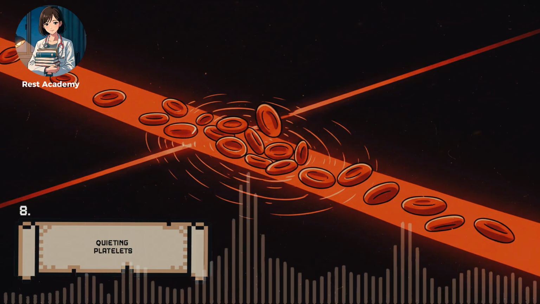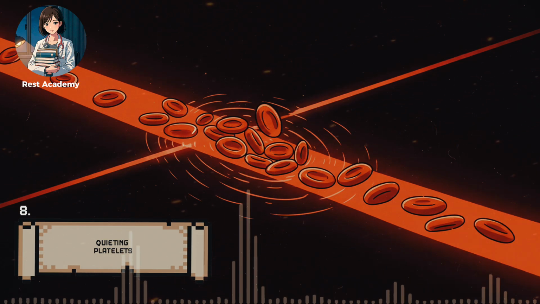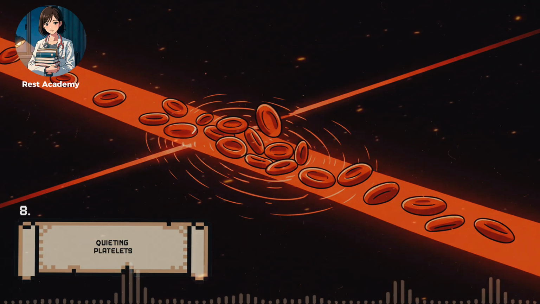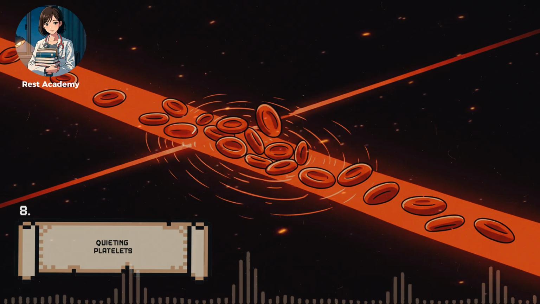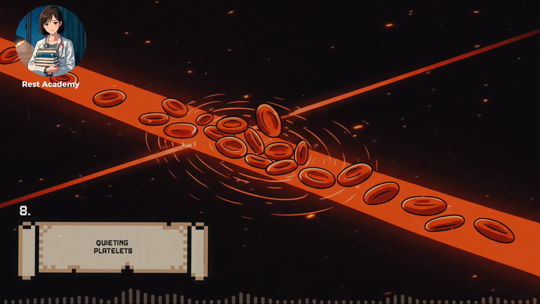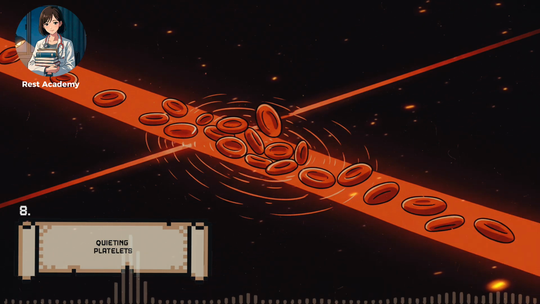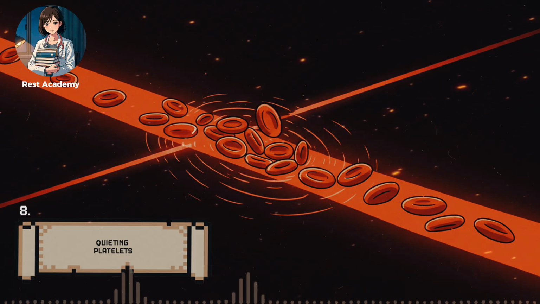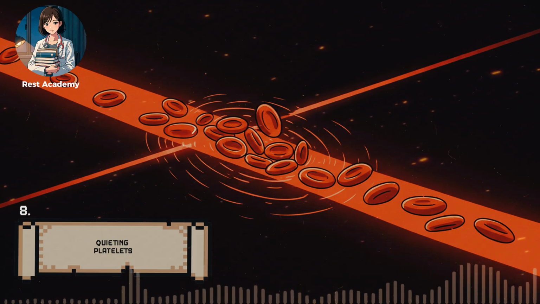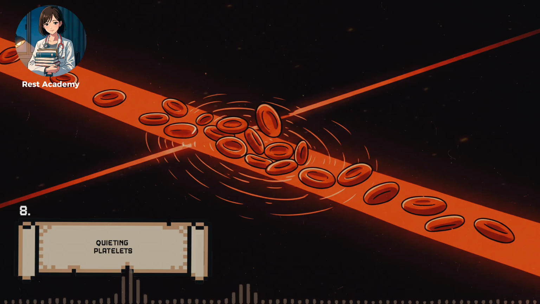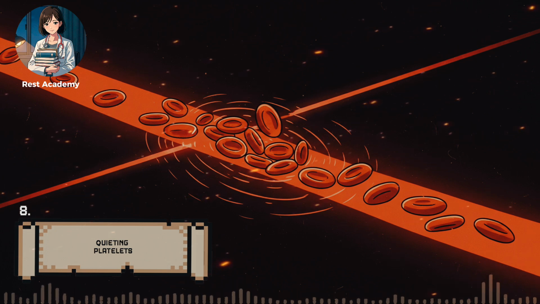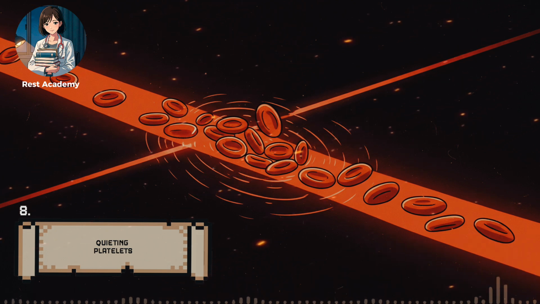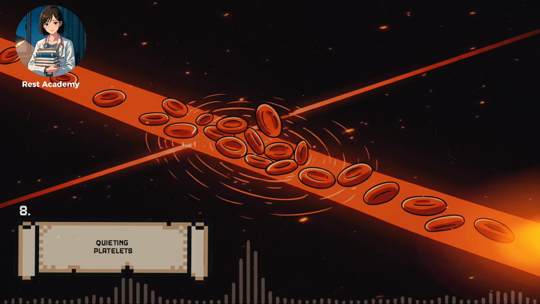Beta-2 receptors are a subtype of adrenergic receptors, located on bronchial smooth muscle and certain vascular beds. When activated, they trigger a signaling cascade. The receptor couples to a Gs protein, which activates adenylate cyclase, raising cyclic AMP. This second messenger activates protein kinase A, which phosphorylates targets that lower intracellular calcium. With calcium reduced, smooth muscle fibers relax, widening the airway lumen. The result is bronchodilation, restoring airflow to narrowed passages.